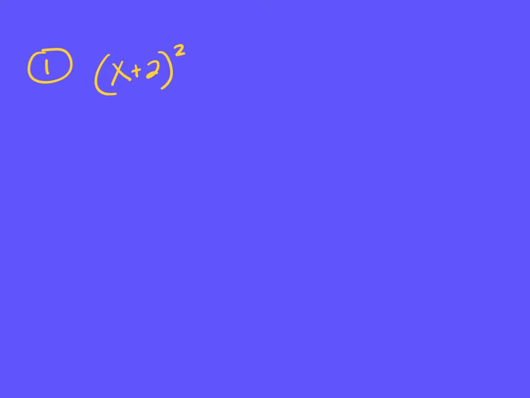10.7, number one, x plus 2 squared. Pretty much like the last section, 10.6, only you'll have to make this initial step when you see x plus 2 squared. Anytime you square something, that means you're taking it times itself. So x plus 2 here times x plus 2, taking it times itself, and then you'll just want to FOIL